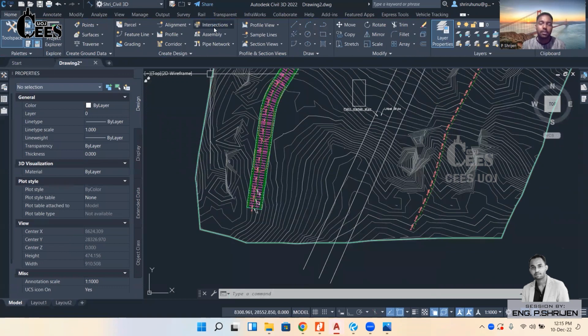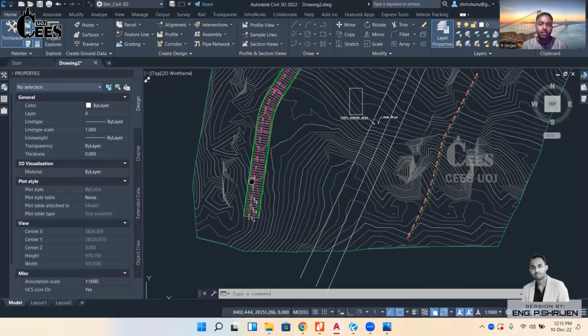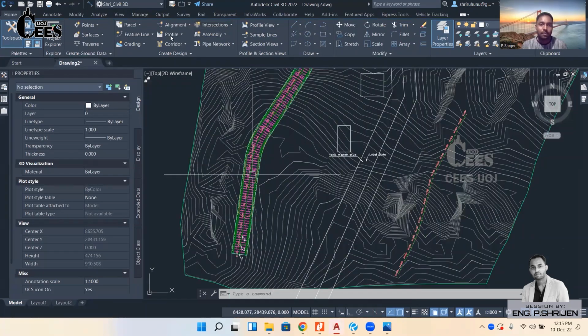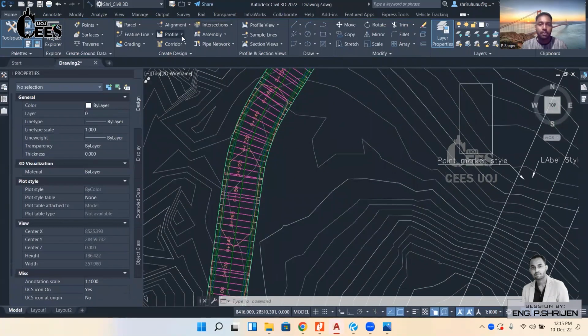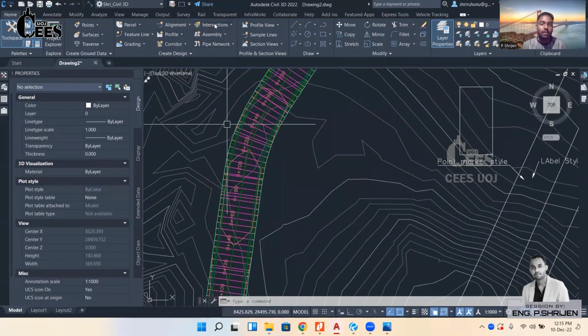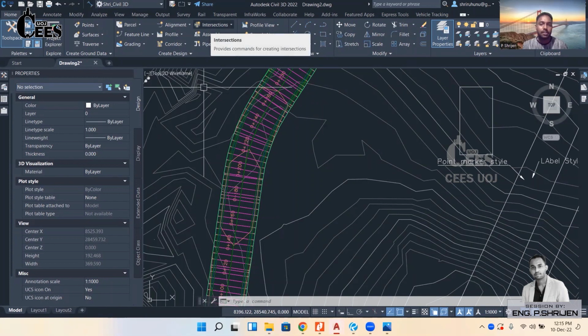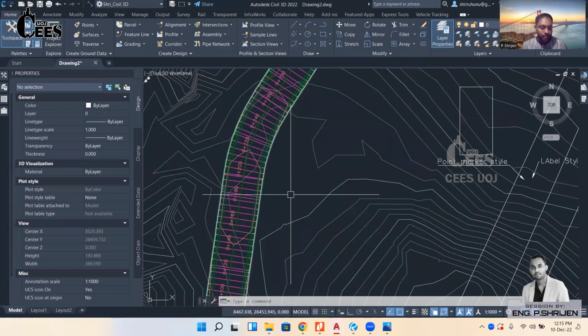The intersection is a more advanced tool. If you're going to understand this intersection, you need to be familiar with alignment, profile, corridor, and assembly. After that, you can understand this intersection. Otherwise, it is very tough to understand this intersection. Normally, intersection means